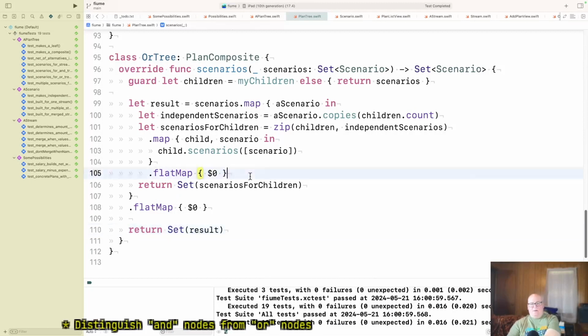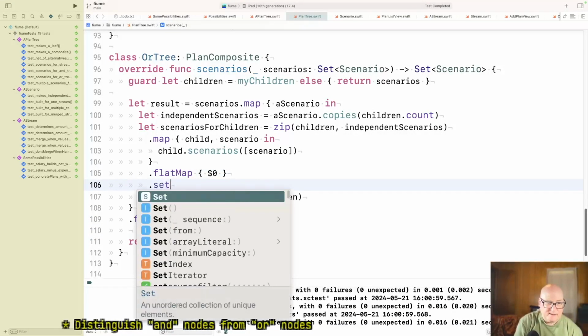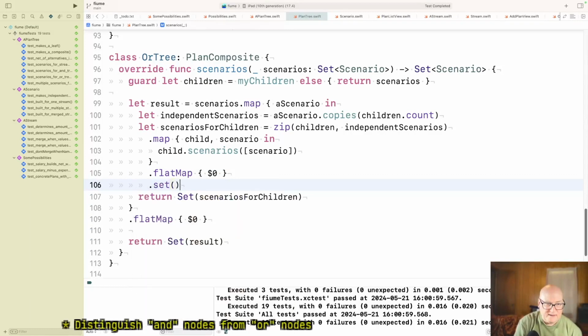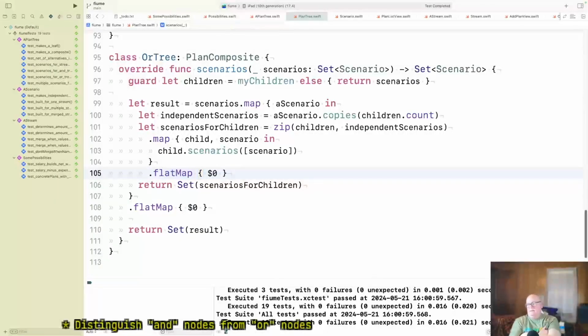I don't know if there's a way to make a set out of that. Wouldn't that be nice? It would help. Or if I had a flat map that produced a set. Can you zip the children with arrays of scenarios? Yeah, it certainly seems like we shouldn't need 2 flat maps.